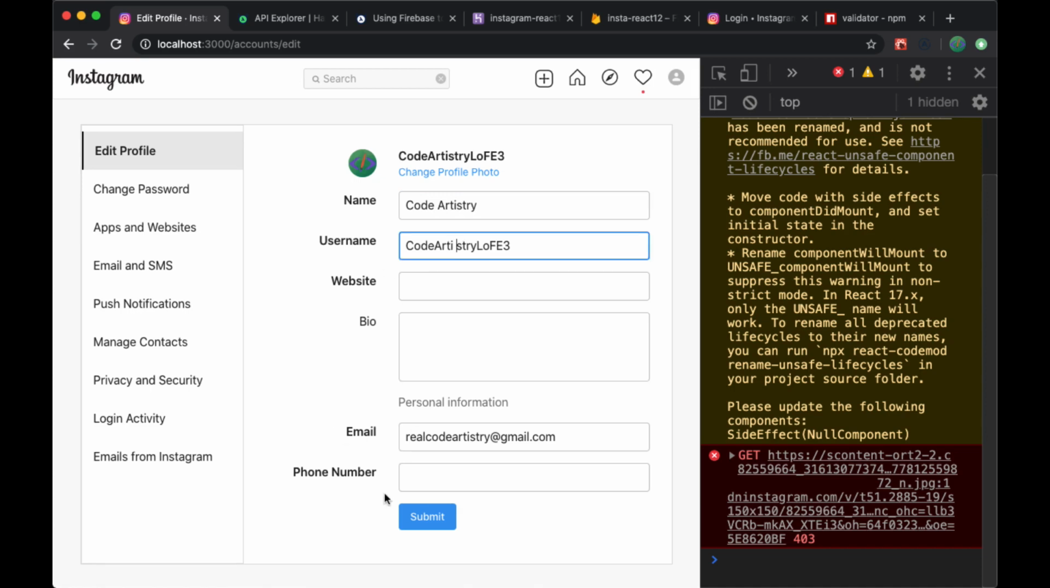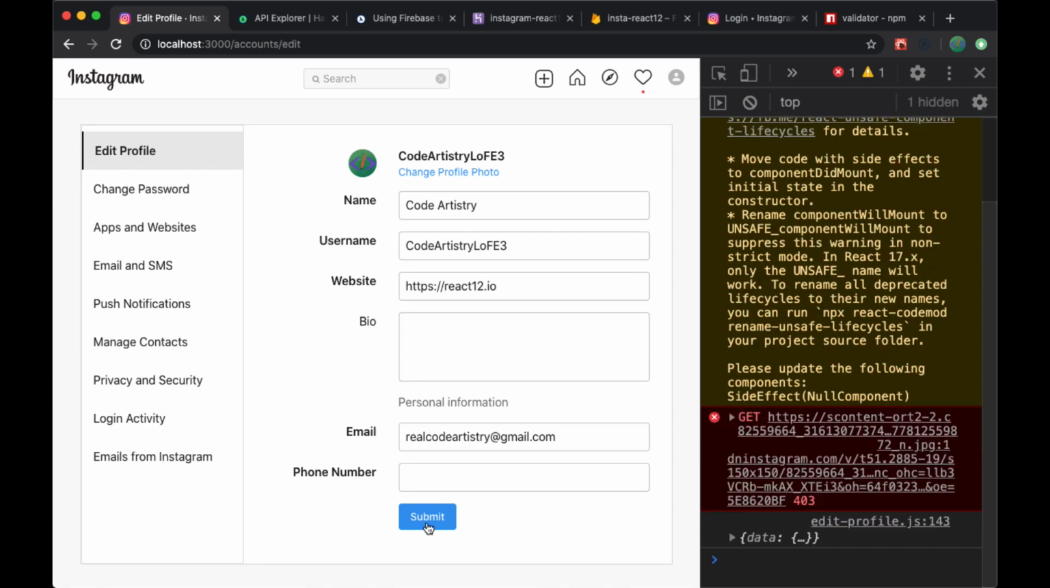For the username, if there's a white space there and hit submit, that's not going to work. If this is not an actual website, let's say we just include website.com where it doesn't include the protocol, that's going to be selected, but if we use HTTPS, that'll work. That should work fine. And then for email, we have validation working there. And for phone number, if we just type something really long and submit it, it's not going to work. But if it's 10 digits,